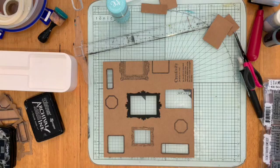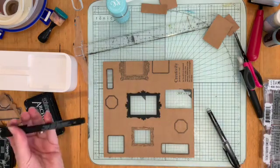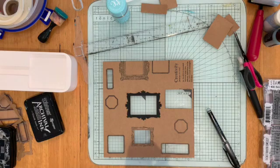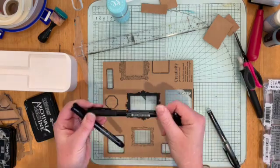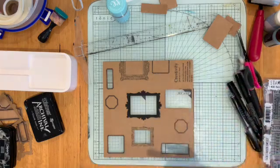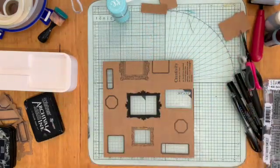So I didn't have a pen out handy because I didn't go in there. Okay, so what I've got with me is a fine tip, and I've also got a brush tip and a medium tip of Pitt pens. They're nice and easy to use, they lay down beautifully, they're waterproof. They do it in a white as well. The white's not as opaque as some of your paint markers, etc., but they are really great for,